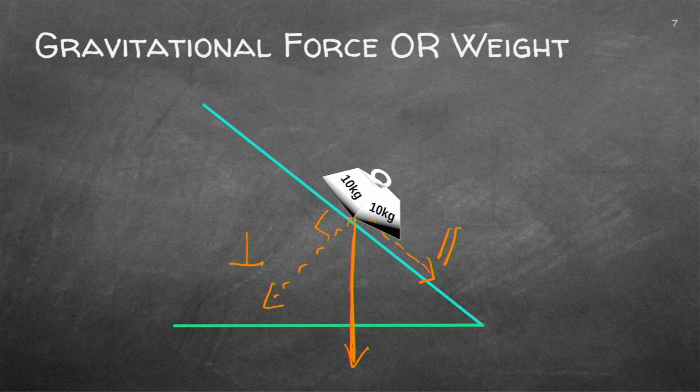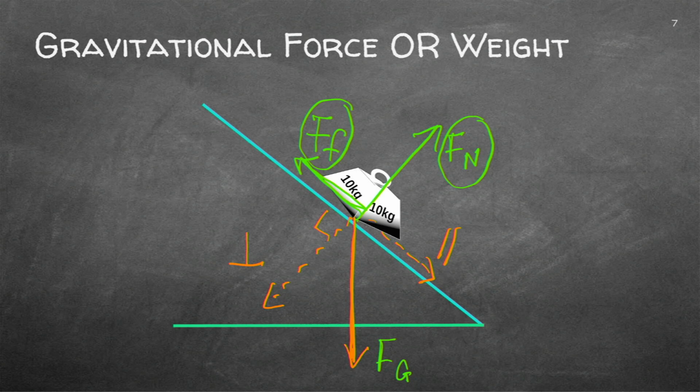I also have the normal force. Remember, we did a normal in a previous lesson. And now, just to introduce to you that if this is going downwards, there will always be a frictional force up there, which we also covered in one of the lessons. So I've got friction there, I've got the normal from the surface, and I had gravitation.